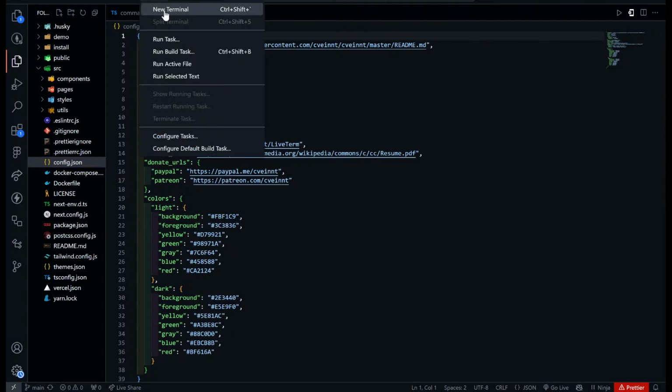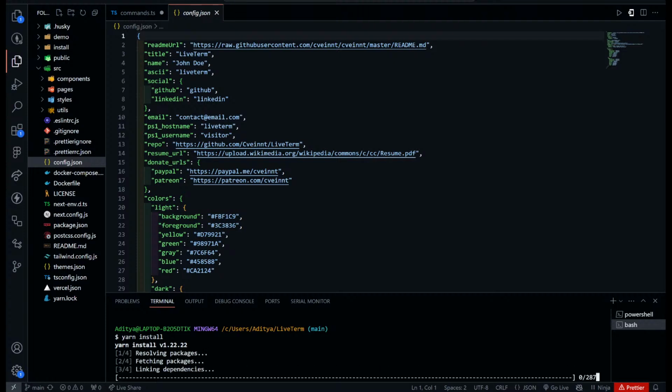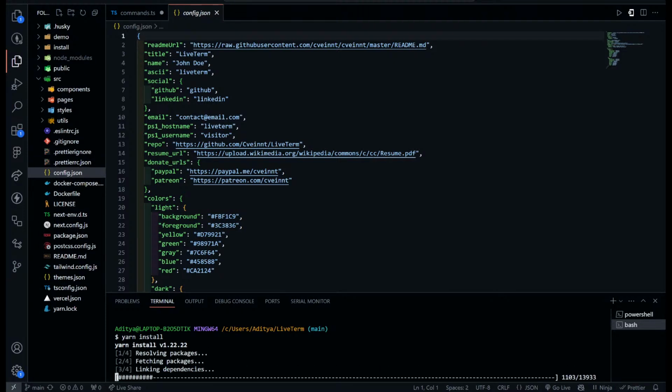First of all, we should install yarn here. For installing, you have to type yarn install. You can see all the dependencies are getting installed. After installing all the dependencies here,